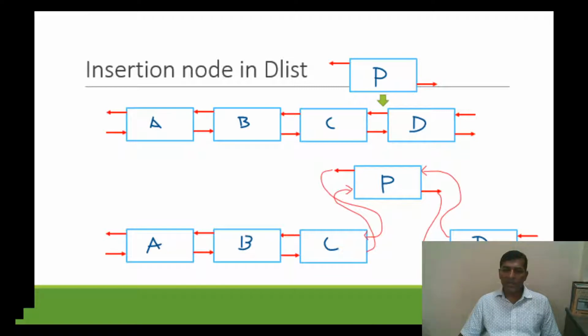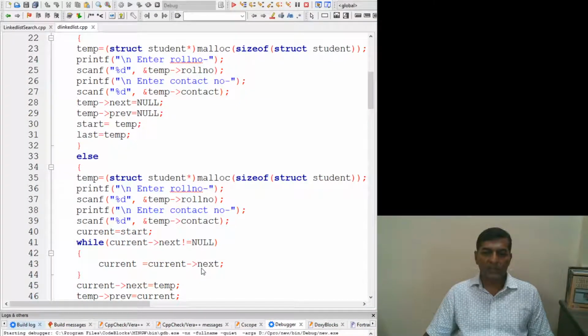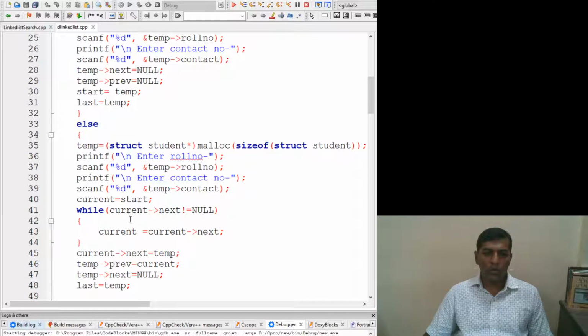The current was assigned here, then it will go to next. If this next is not null, it will go to next. If this next is not null, again it will go further and further. When it reaches D, it will see that the next is null, then it tries to attach the temporary node at this location. So how can we do it here? We will traverse through this while loop and attach at the end of the list with the temporary variable. Once we find current next is equal to null, then we'll attach this temp at the end with the statement current next is equal to temp.